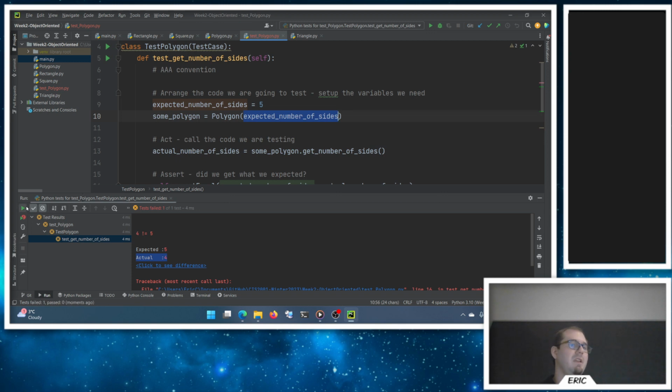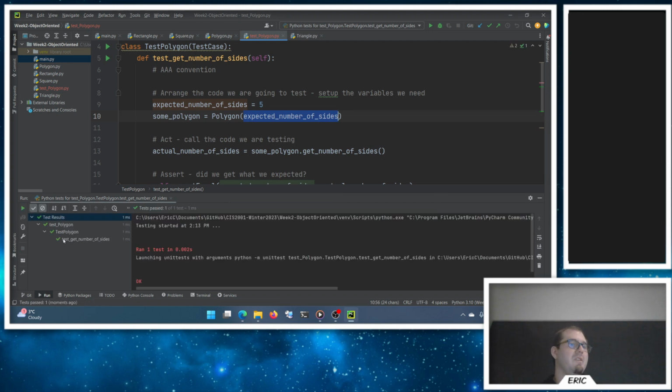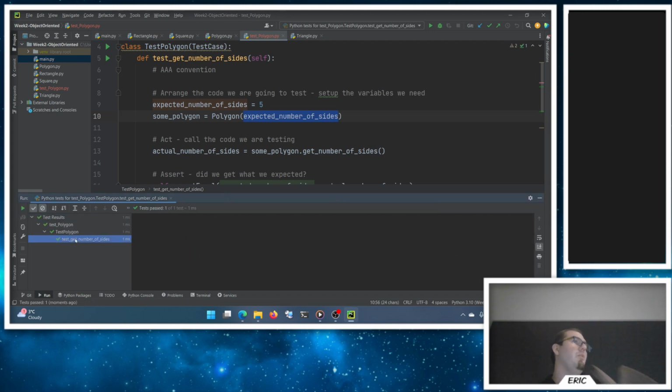So now let's fix it and run it again here. We'll go run, and now we see the green check mark, it passed. There's no output because it passed. There's nothing for me to look at. You only get the output if it fails. So this test now passes. If I tell it has 5 sides, it's now a 5-sided polygon. Life is good. So a lot of times these get ones are kind of boring to test,